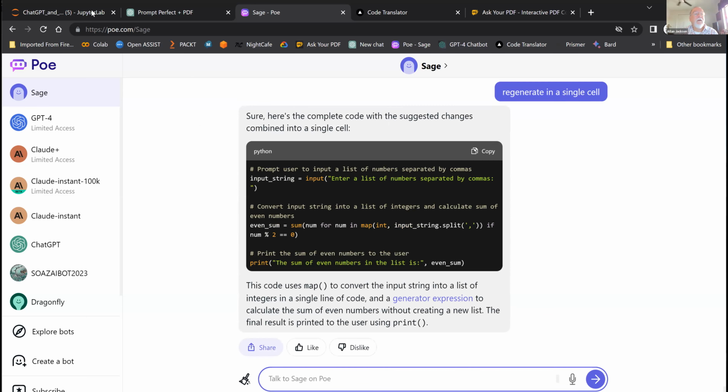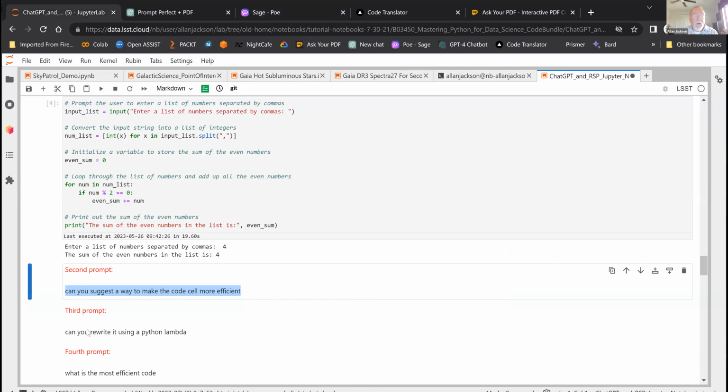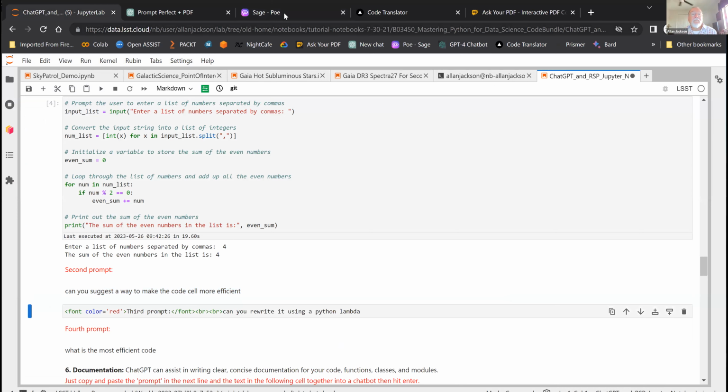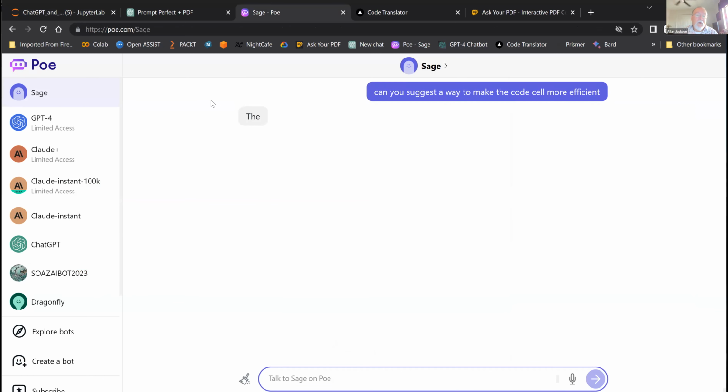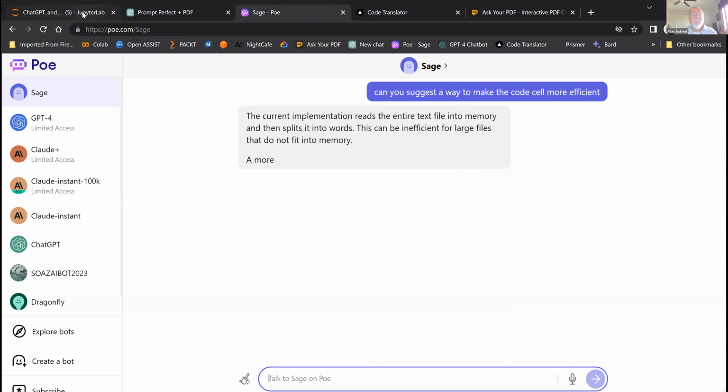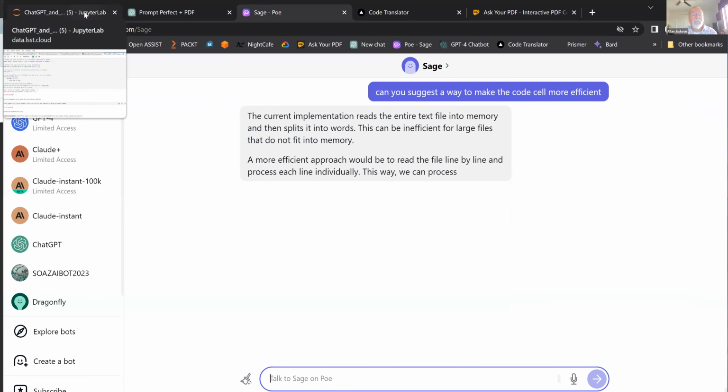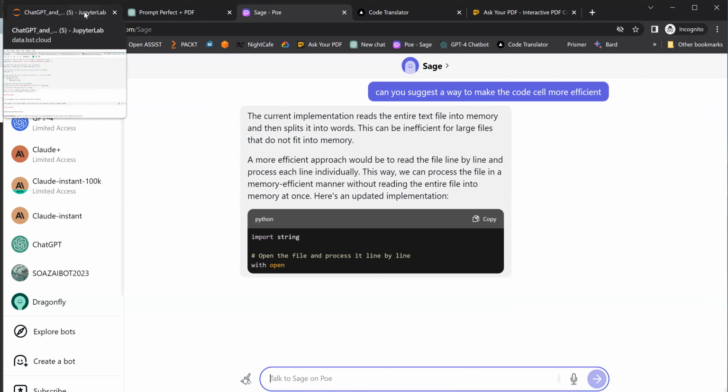You could ask it to redo it as a lambda. You asked for more efficient again.